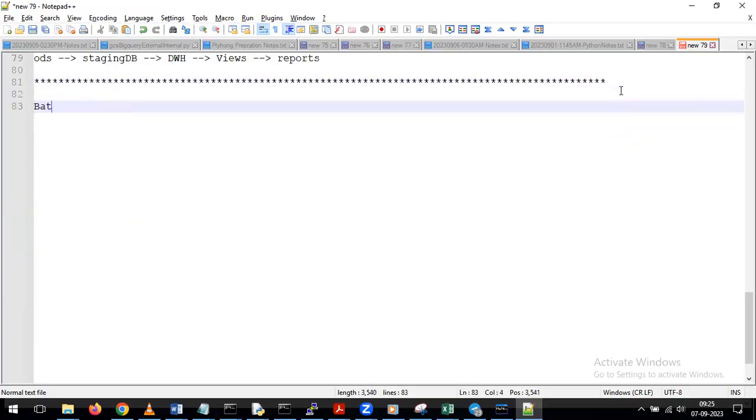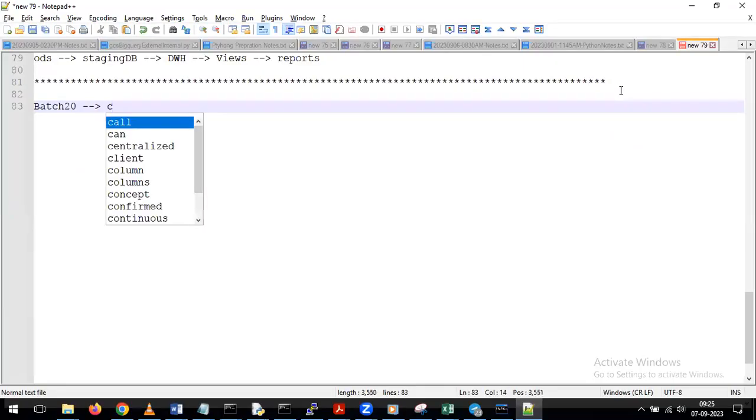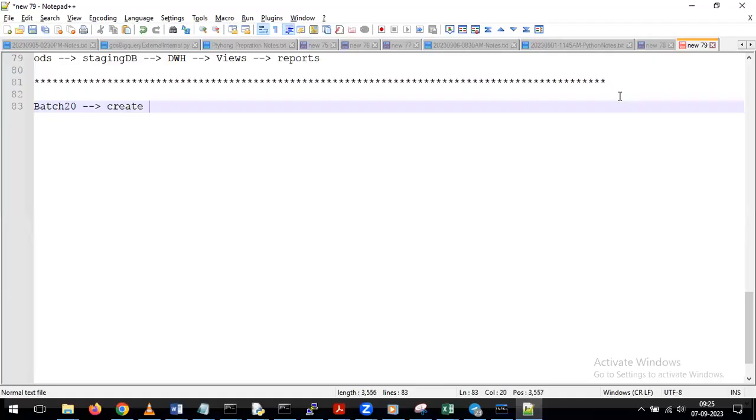Now I just want to give some disclosure to the batch 20 people. In the last 2-3 minutes, we discussed the create command, primary key, composite primary key, the window function, and the row number. All these topics we have discussed as part of batch 20, but don't get any kind of confusion, Sandy,